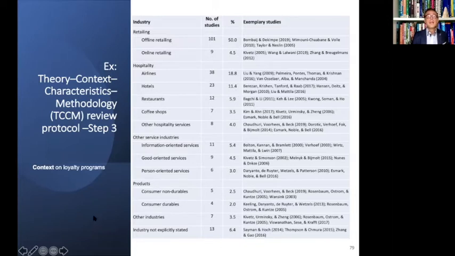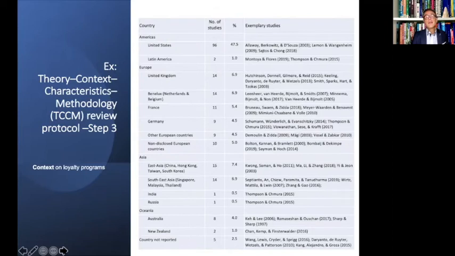So we can see here that it makes absolute sense to do other studies in the hospitality sector, where few studies have been done, online retailing, but also in other sectors which have not been investigated enough. In terms of countries, most studies have been done in the United States and also Europe. But you can see that in Asia, very few studies have been done, which shows that there's a research gap and future research should be done in other countries or other continents than US and Europe, mainly in emerging countries